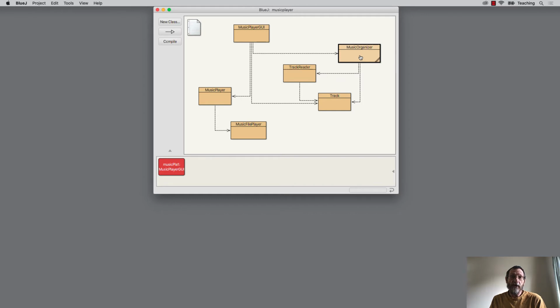So for the rest of this video, we're not going to concern ourselves with the rest of the classes here. We're going to focus on the Music Organizer class because that's at the heart of the functionality that allows us to store multiple tracks, an arbitrary number of them, add new tracks, remove old tracks, and so on. So let's look in detail at this class and introduce some new features of Java